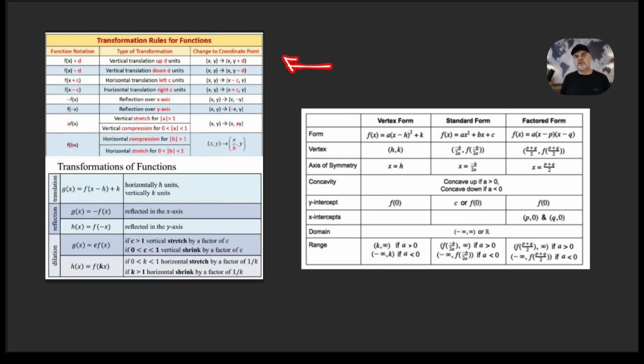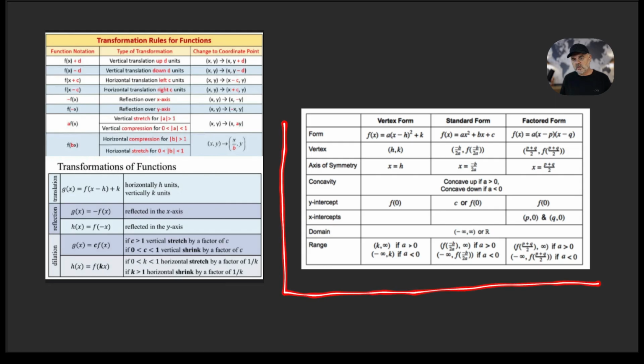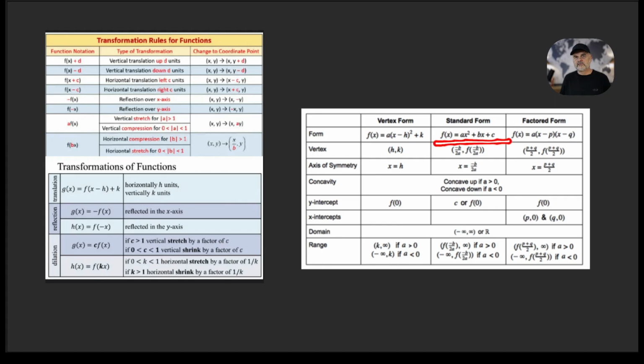So once you have it down pat, you're becoming a master of transformation of quadratic function. And now you have this beautiful chart where each transformation is nicely described. So when you go through that, you will have the ability to identify what happens with the parent function under each particular transformation. And this chart right here will make much more sense after you've gone through some exercises, and then you will see that oftentimes the graph will be given in that standard form. And by using the quadratic formula, you can identify the coordinates of the vertex without changing into the vertex form,